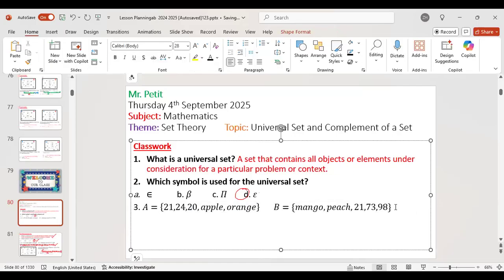And the question wants us to write a universal set associated with the sets above. So write a universal set associated with the sets above. So this new universal set that I'm going to write,